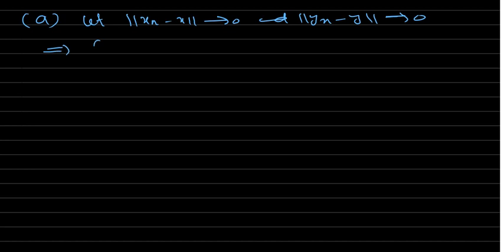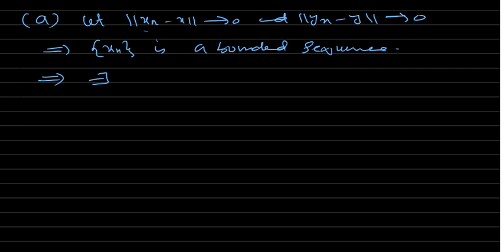This is a bounded sequence. So that means there exists some m positive such that norm of xn is less or equal to m for all n greater or equal to 1. हमें प्रूव करना है